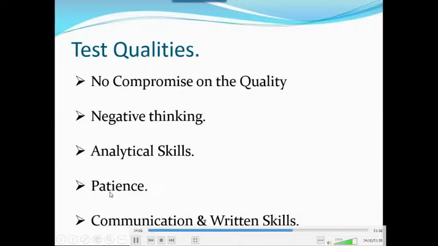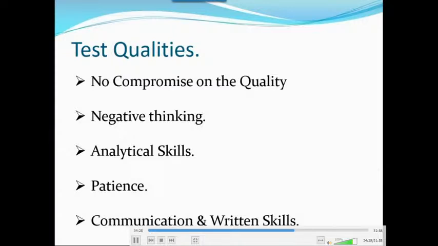And finally, one thing, guys, if you want to go for testing, communication is required. One of the most important is the communication. You need to speak, you need to talk, because you observe one issue, right? You need to tell the team what you observed, and communicate in the proper way.